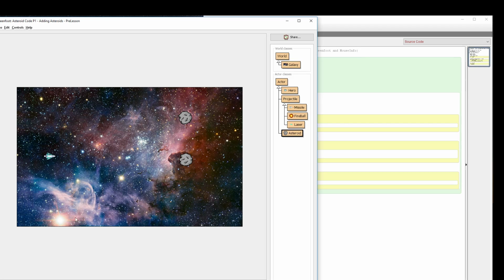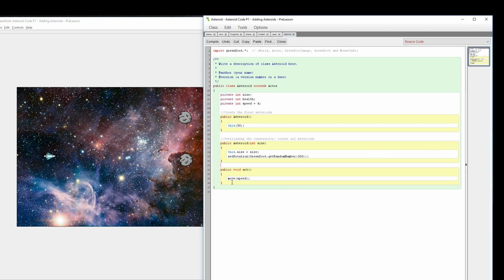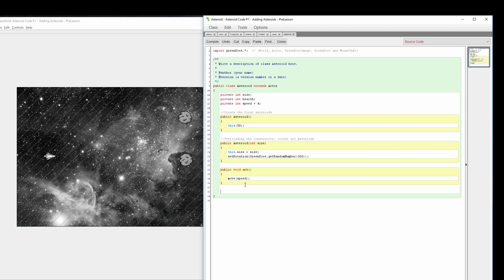Alright, on to our next problem, and maybe the last one we'll solve for today. I don't want these asteroids disappearing. I want them to do something called wrap, which means when they reach the edge, they reappear on the other side, kind of like this is just a small little window of the universe that things are reappearing back and forth in. So I need to program the functionality of this asteroid to be able to do something called wrapping. I'm going to call this method worldWrapper,